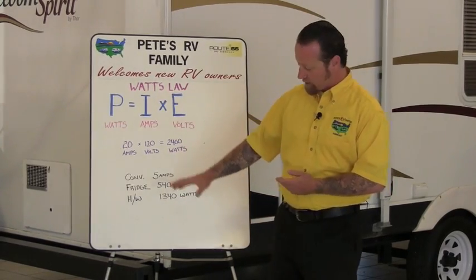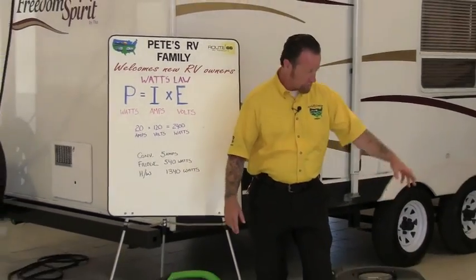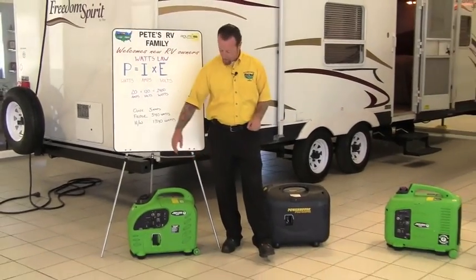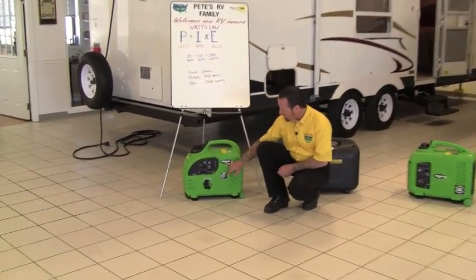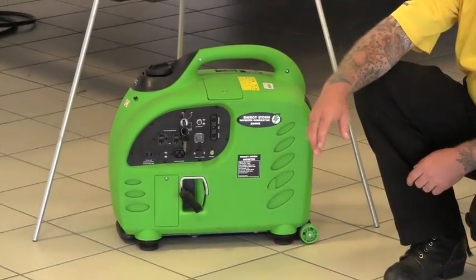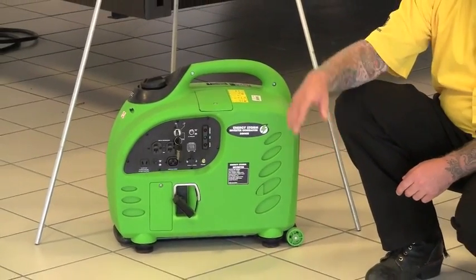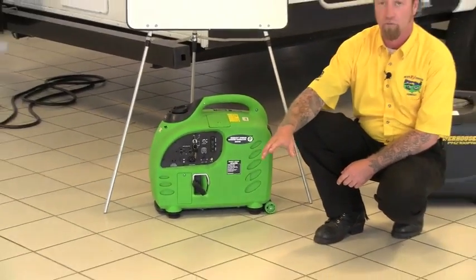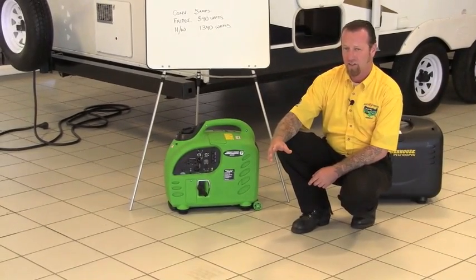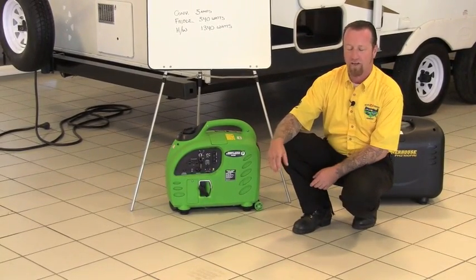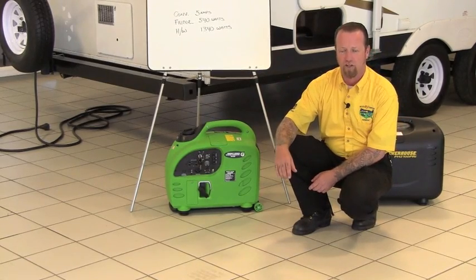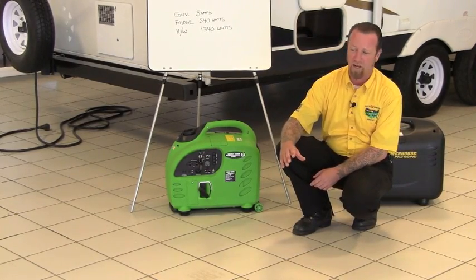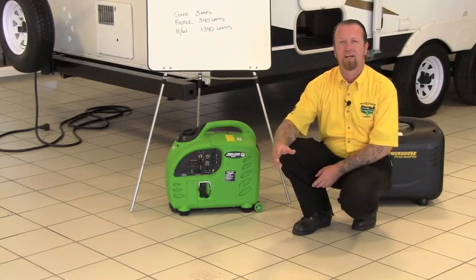So I've got a couple of them here with me today. We just brought some stuff out to show you the different varieties. And again, they're measured in watts. This guy here is a 2,000 watt generator, so that's going to supply us with just under 20 amps. This one would be great to plug your camper into, and have some of the household outlets to be used for smaller devices like charging our cell phone, TVs, things like that, but not something you're going to want to run the air conditioner on, or the microwave, or